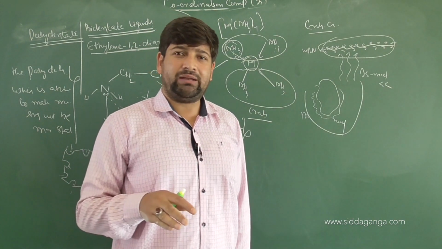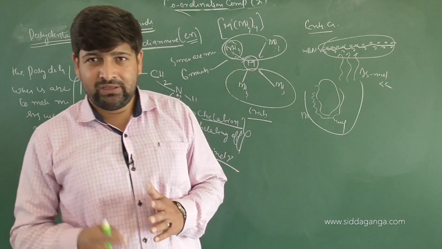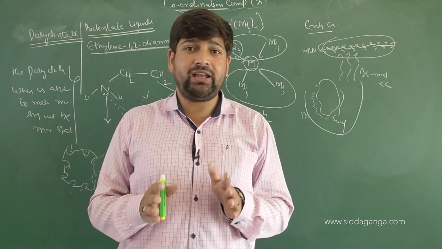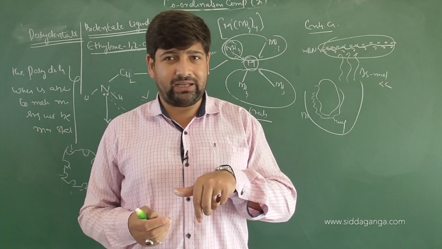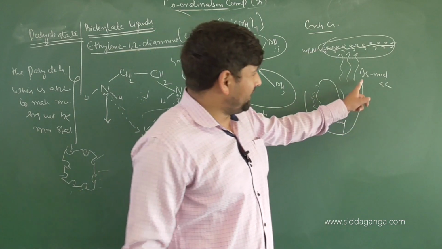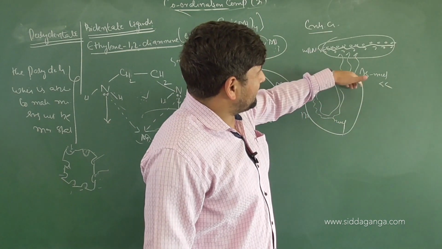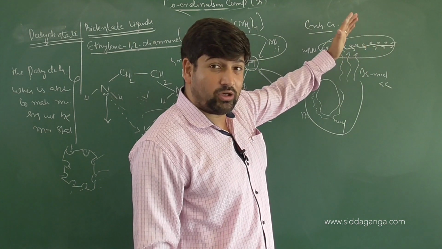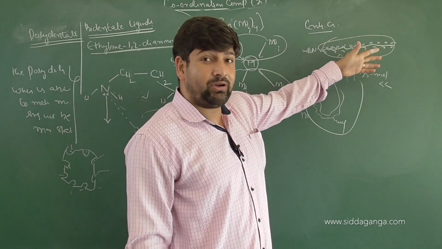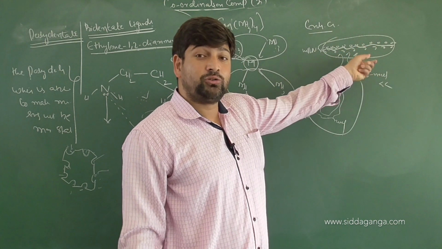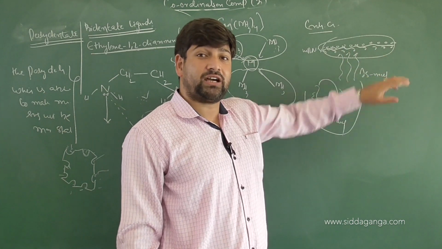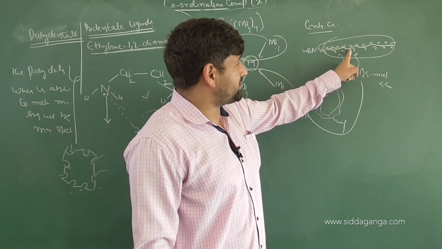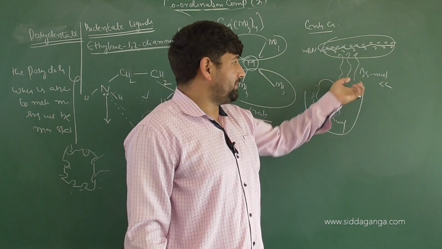Because children, thermodynamically we know the two factors helping the spontaneity of the reaction are delta S and delta H. For any reaction to occur by itself, delta H should be negative and delta S should be positive. But when the water molecules in the cytoplasm get adhered to this messenger RNA molecule, remember it will be made up of amino acids, and amino acids will have side chains R. Those side chains R have positive or negative charges on them. Hydrogen bonding can come into play. So water molecules can get attached to that molecule.